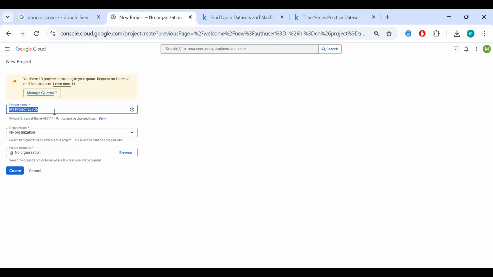So what I've done is I have prepared a lot of the solutions ahead, but I'll walk you through how we got to each solution. Like I said, this is a new project, and you put whatever name you want here, your organization if needed, and then you create.